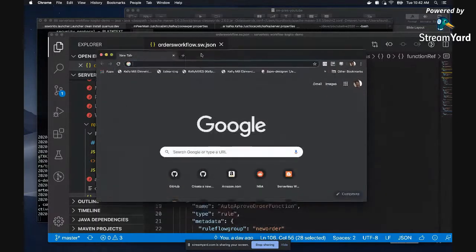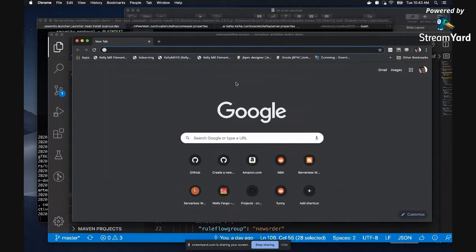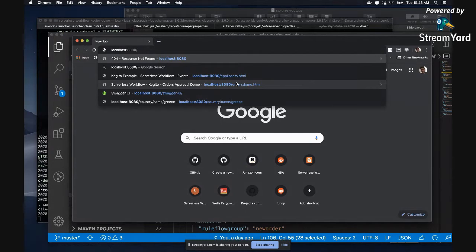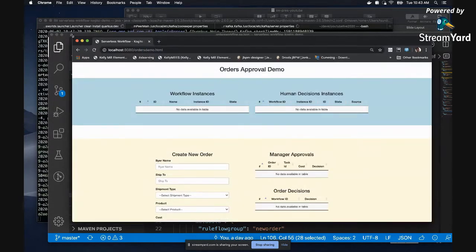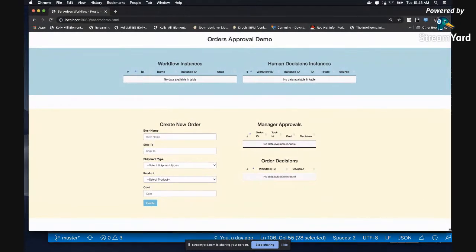All right, so this application is started, and we have a simple UI for it. And I will show you that orders demo. All right, so this is my awesome UI skills. Hopefully everybody can see this. But basically what we're trying to showcase here is some powers that the Kogito runtime has. On top part, we have two tables. Now, the Kogito runtime is event-driven itself.